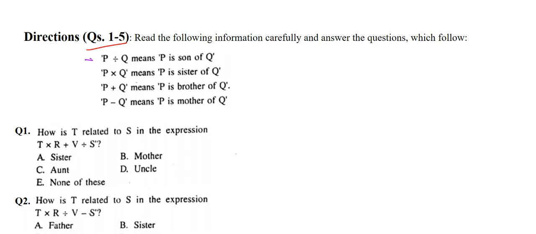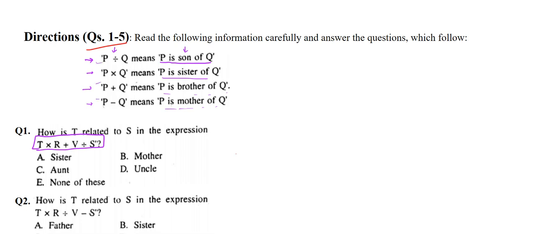It says the first statement is P divided by Q means P is son of Q. So here the mathematical signs are something relating to the relations between two persons. The second is P into Q, so P is sister of Q. P plus Q indicates that P is brother of Q, and P minus Q indicates that P is mother of Q. So here we have been given equations relating all these mathematical terms, and we need to find the relation